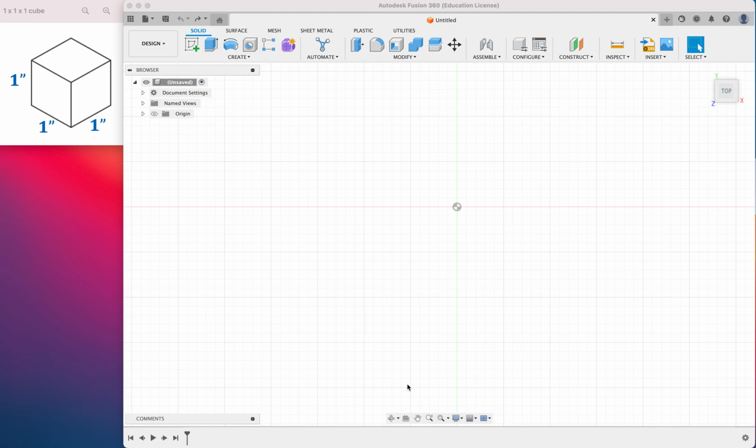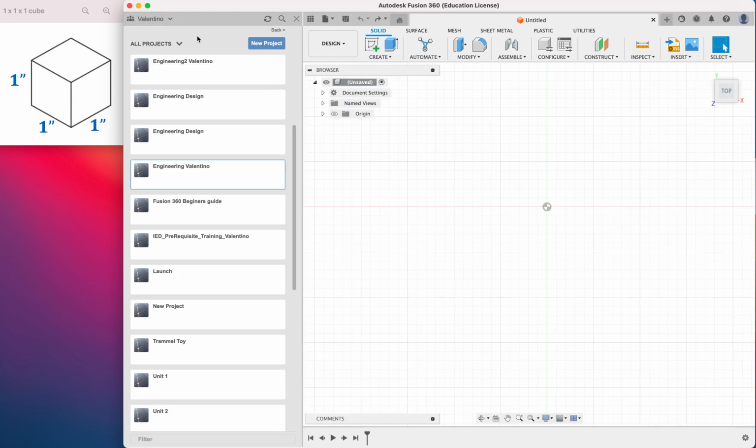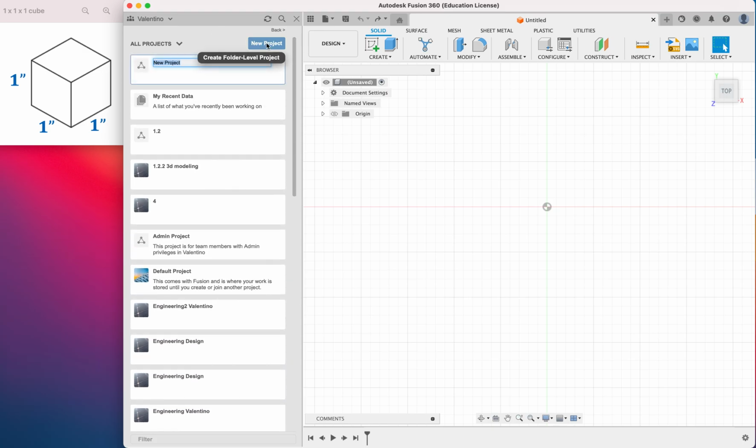360. I'm going to guide you through how to set up and create our first project, which will be a cube. So before we begin, we're going to click on these 9 little squares in the top left corner of your Fusion bar. When we do that, it brings you to a prompt right here, which is your key where we're going to get everything. We're going to create a new project because you're just starting off this year,